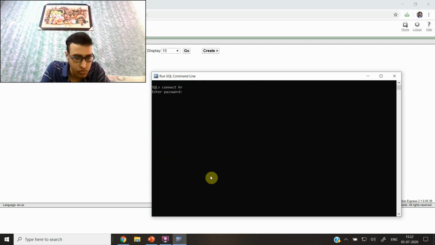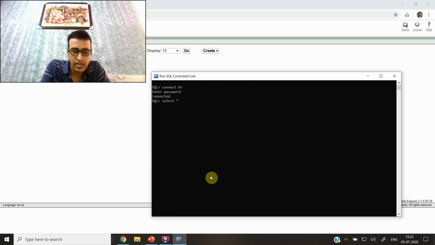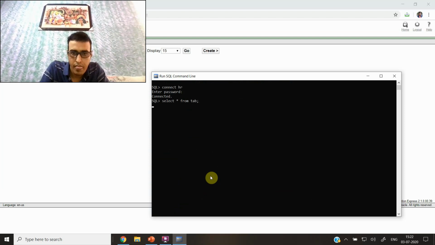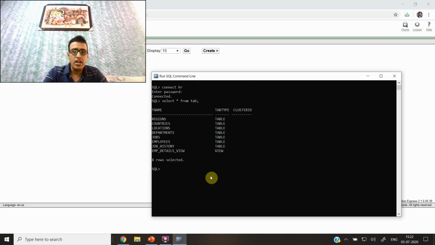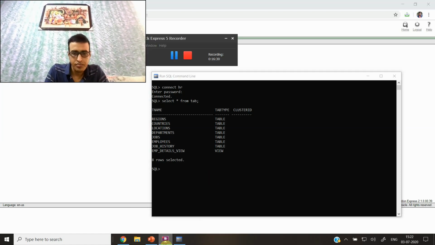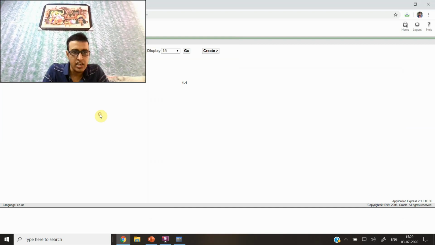The password will be the one you set. Now it is connected. Now select star from tab. These are the tables already created in this HR user. They are already given to you in the database, so they are already created. So now I think it is sufficient for setting up a database.